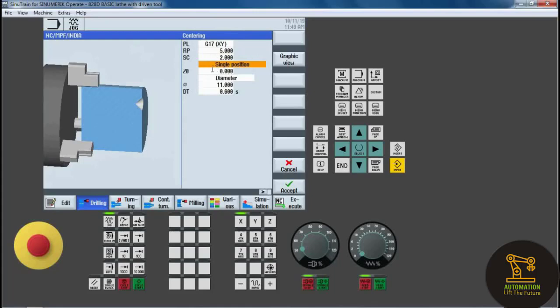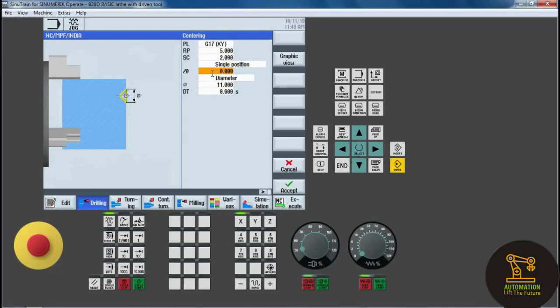Select single position because we want only a single hole, so Z1 is 0. Next is diameter or tip, and in this case tip is necessary, so we click on tip. Z1 is the depth of the centered hole, so we keep 5 and click accept.